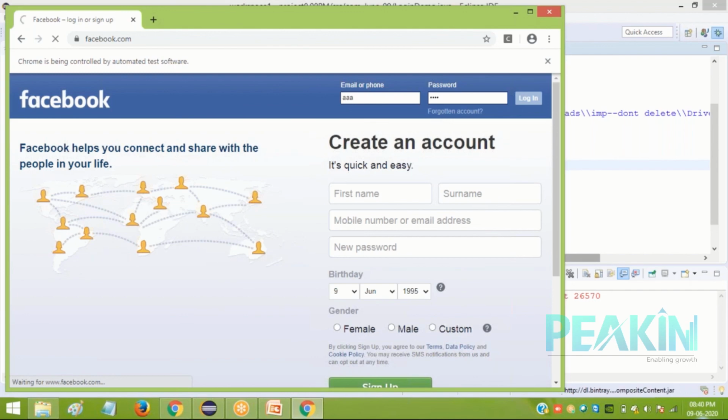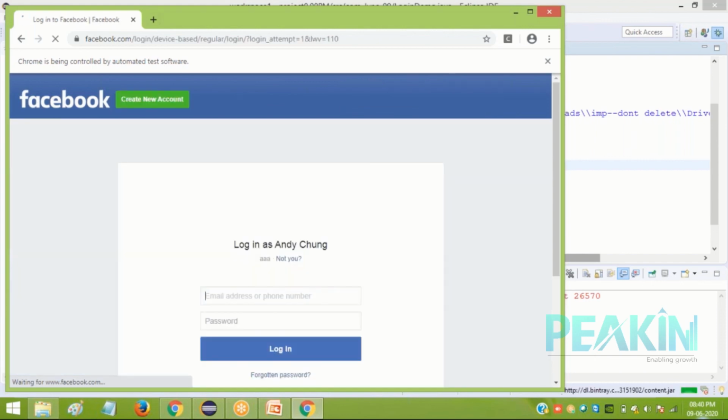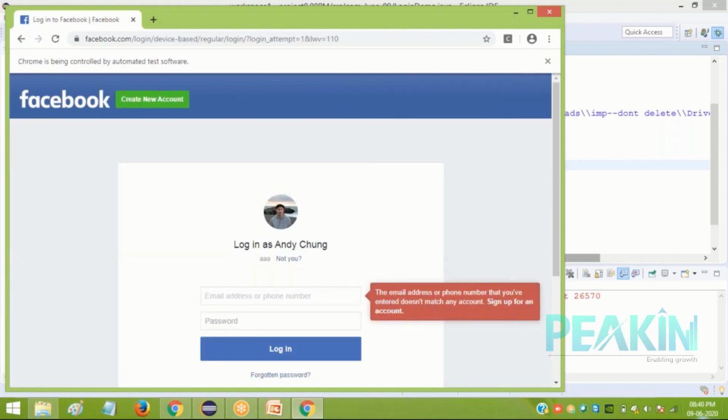So it won't log in because the data which I pass is not correct information, but it goes to the next page where it is asking the data to enter.